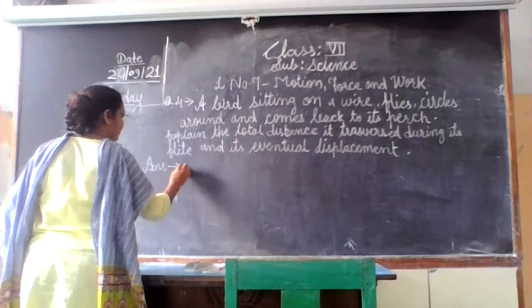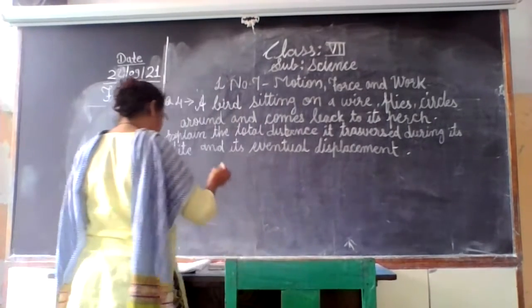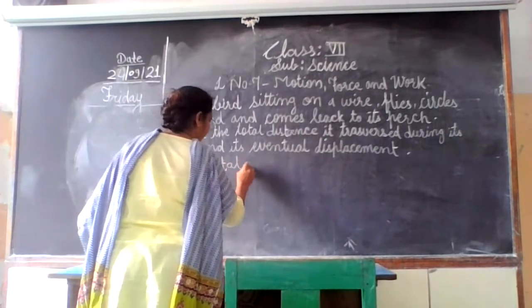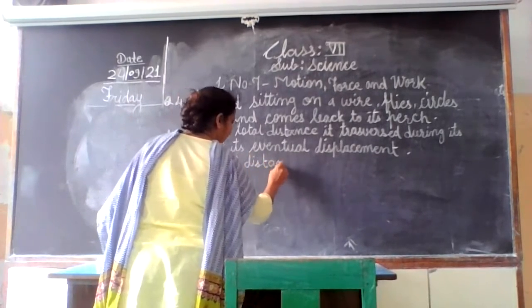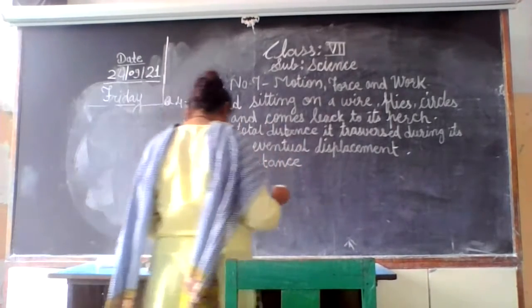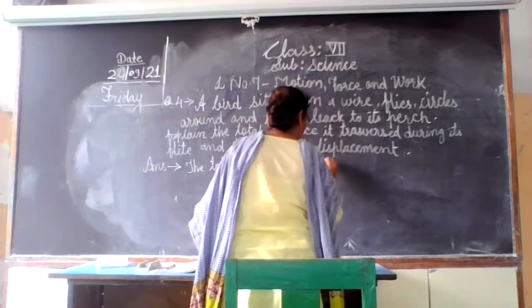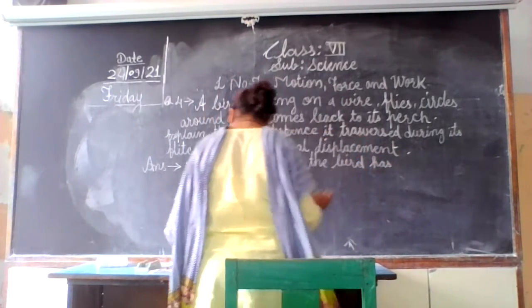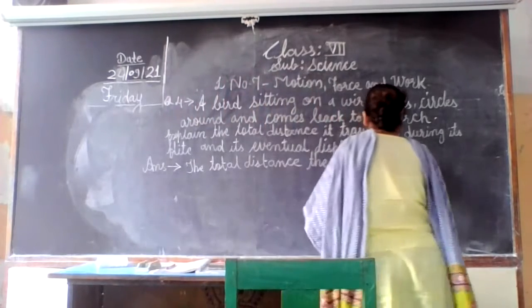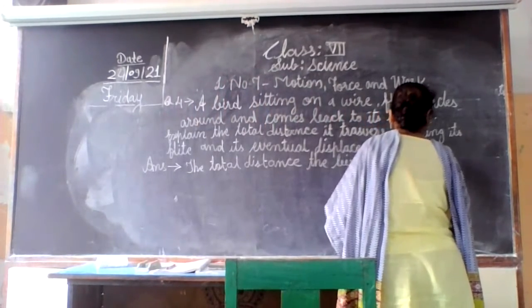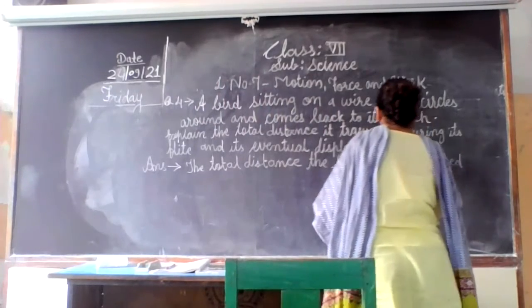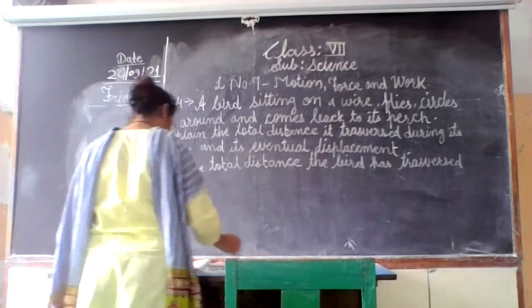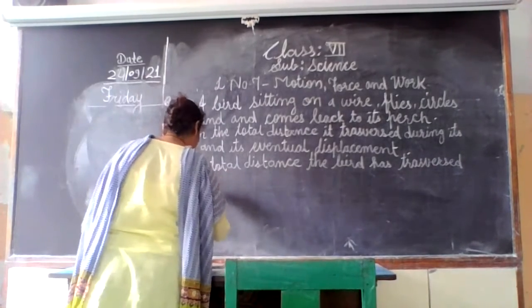Answer is: the total distance the bird transfers is the length of the distance